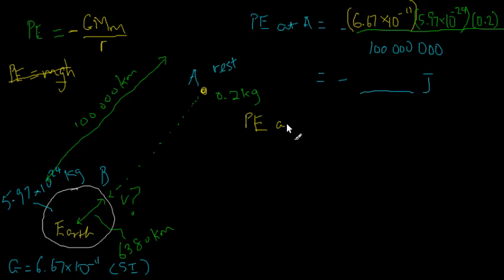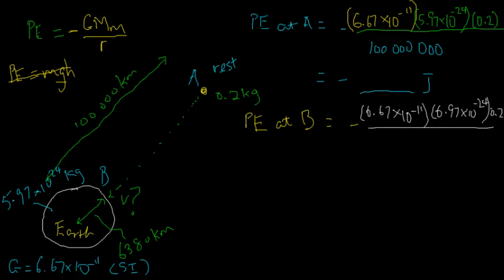Potential energy at B, I can now calculate using the same idea, except that the only difference is that at B, the r would be different. So I have the same numbers on top here: 6.67 times 10 to the minus 11, and then 5.97 times 10 to the 24, and then 0.2, divided by, now this time I need to use